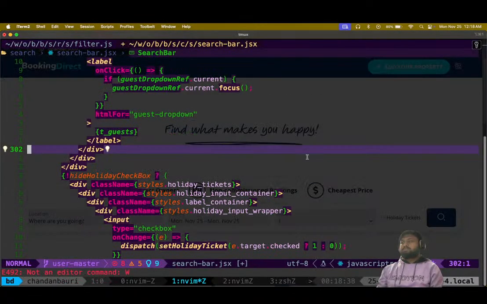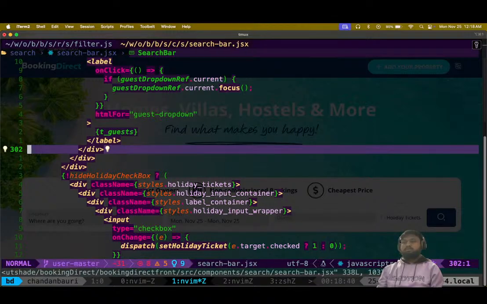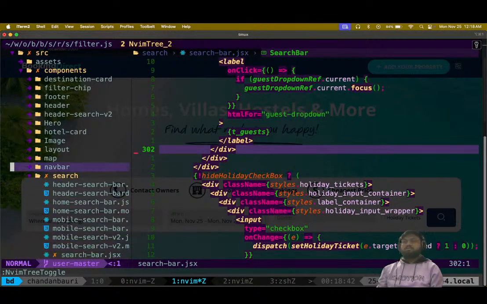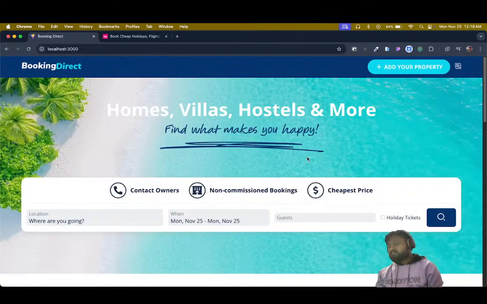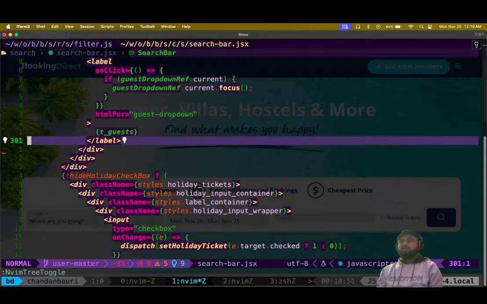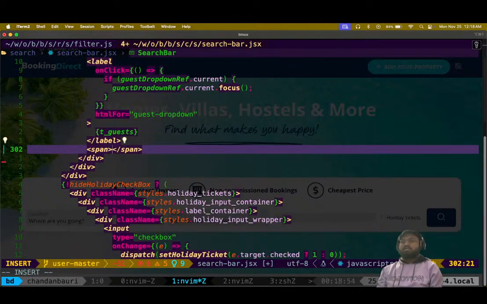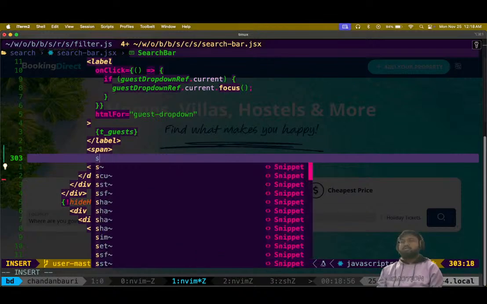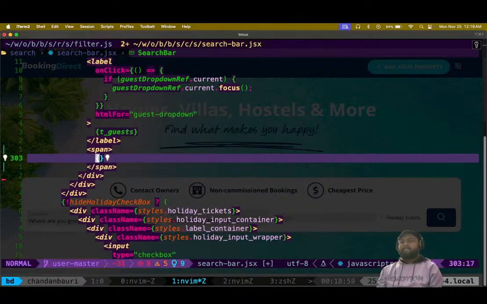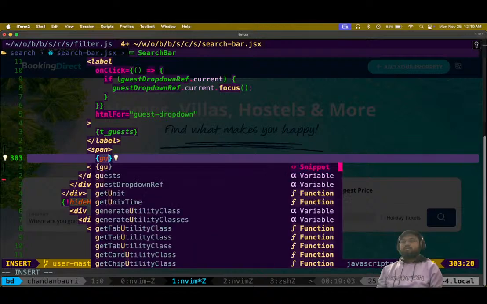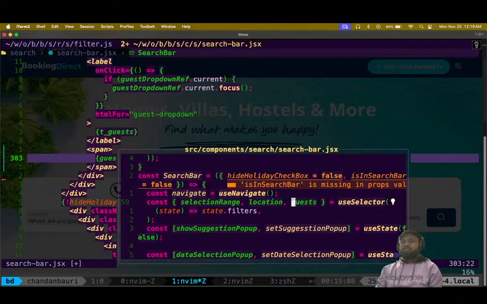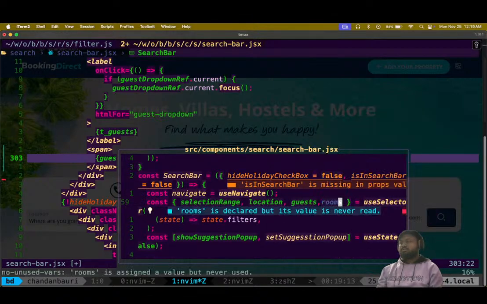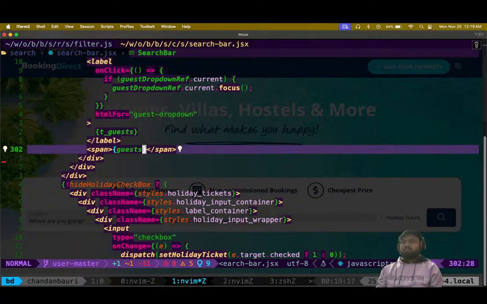Wait, okay. Yeah. So select is gone now. Let me just see. The select is gone. Okay. So instead of a select, I'll add a span. I think we have guest variable. Yes. Let's see the definition of it. I will add another thing called as rooms. Yes. And once we save this one,